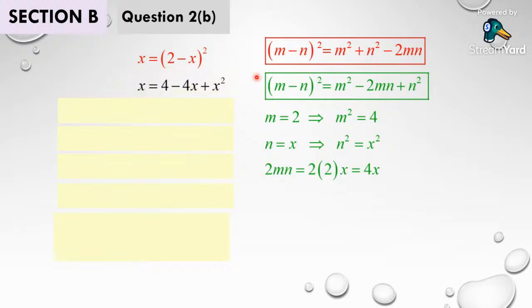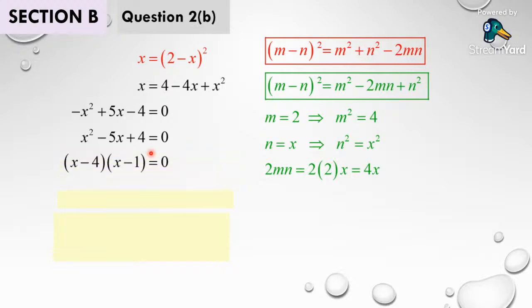So as a result, I have x equals to 4 minus x plus x squared. Gather all the terms to the left-hand side, minus x squared plus 5x minus 4 equals 0. Don't factorize in this form because whenever you see your x squared has a negative coefficient, switch the sign. Negative, switch to positive, positive, switch to negative, and as a result, I will have x squared minus 5x plus 4 equals 0.